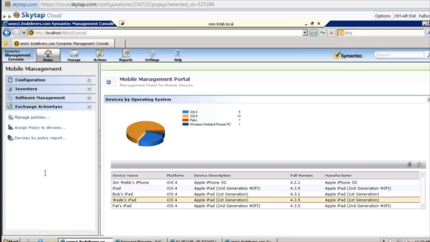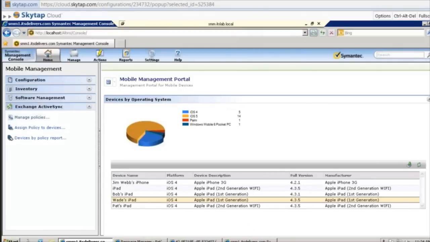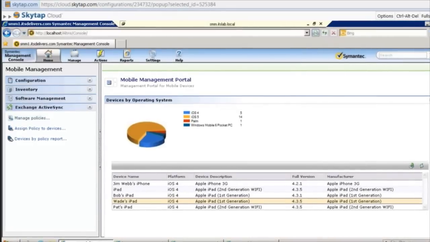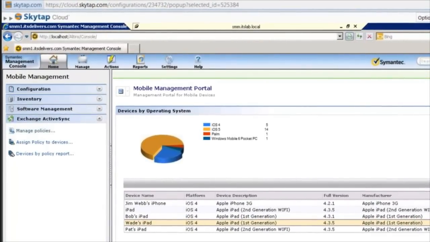Good. So under Exchange ActiveSync, remember when I was mentioning I've got other devices I'm interested in. I've got Android, I've got BlackBerry, etc. What I can do for those Android devices is manage them through Exchange ActiveSync. So the mobile management solution ties into that. I would be able to tell my machines to wipe, but it leverages Exchange ActiveSync